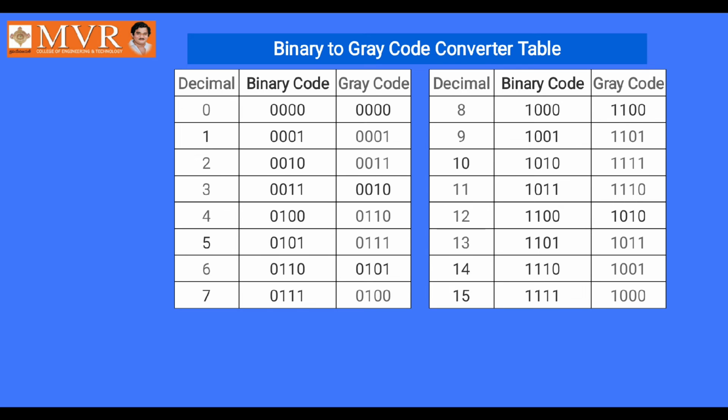Next, the fourth decimal value, you see 0110. 0110 means the third bit is converted from 0 to 1. But sir, how to get these in decimal? There is a sequence: decimal to binary 0000, next 0001, next 0010, then 1 is added, 0011, next 1 is added, 0100. Like that, binary codes are very easy to generate. But what about grey codes? How to generate grey codes, sir? It is a little bit confusing.